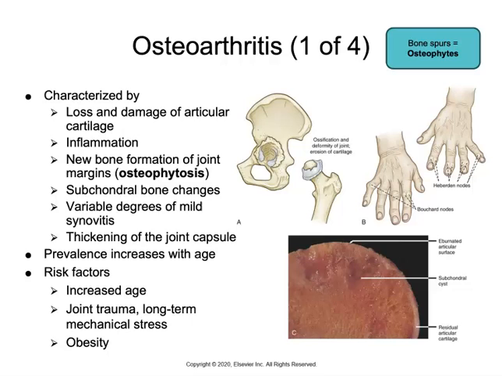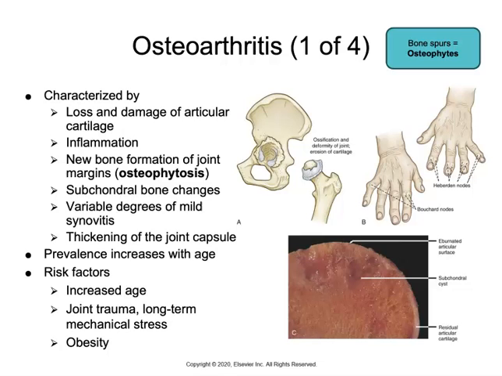It is the most common age-related disorder of synovial joints, and it's going to affect about 80% of people over the age of 65, in which 60% are symptomatic. And unfortunately, it affects the entire joint. We will start to see loss and damage of the articular cartilage. You can kind of see that in the articular cartilage here in the acetabulum and along the head of the femur. We also will have inflammation and new bone formation of joint margins, which we are going to call osteophytosis,